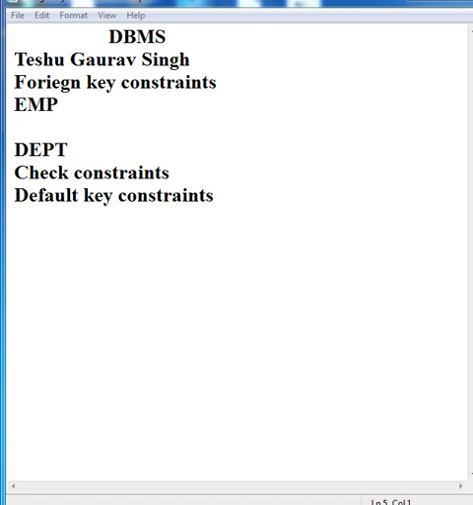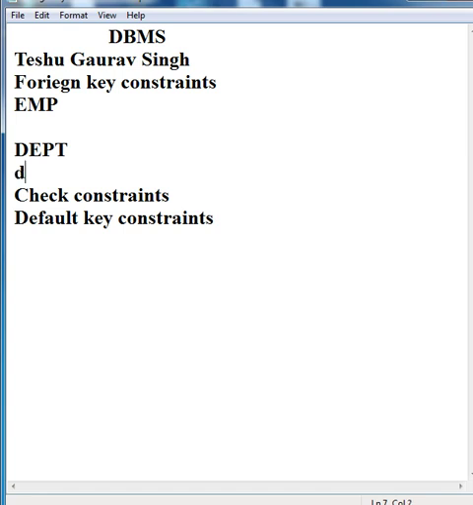So suppose in both the tables DEPT number is common. In the EMP table we can see DEPT number, and the DEPT table has a column called DEPT number. The same column is present in the EMP table, so both the values must be related with each other. In this case we can use foreign key constraints. If I want to fetch data by looking at both the tables, then we use foreign key constraints.